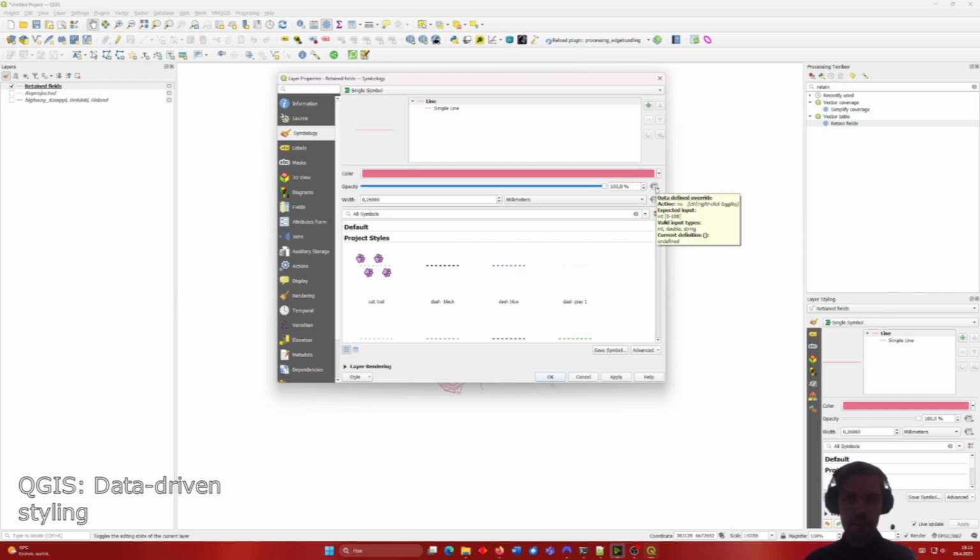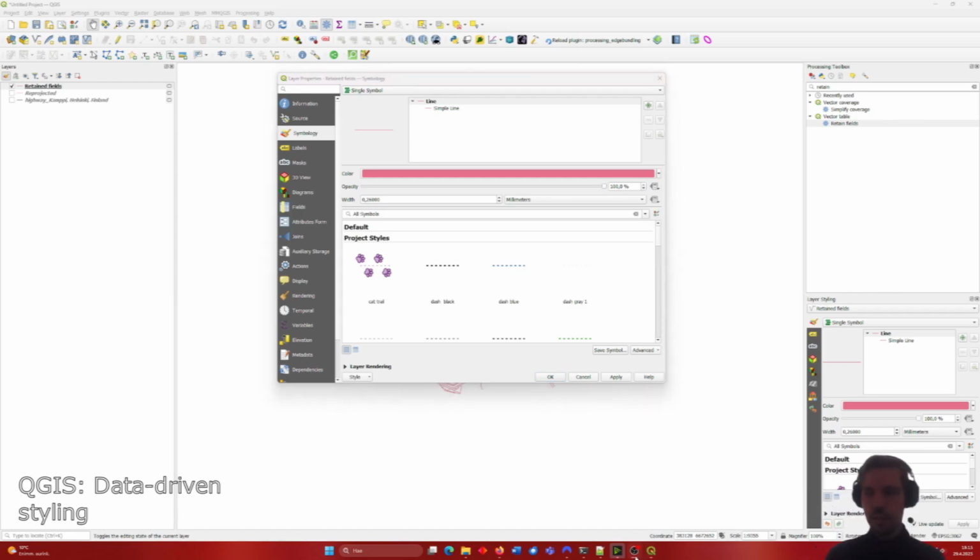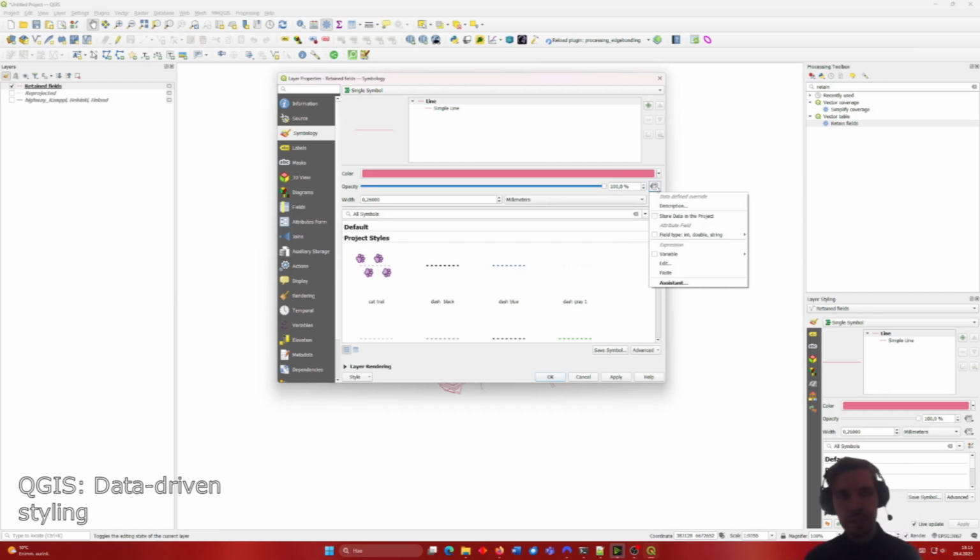And actually, each of these features can be dynamically defined based on an expression and based on the data that you have. This is a rather powerful tool, and it's good to have it in your arsenal. And you can always find these data-defined overrides with this symbol beside these different variables like opacity. First, let's define the width of our lines. So now it's a flat